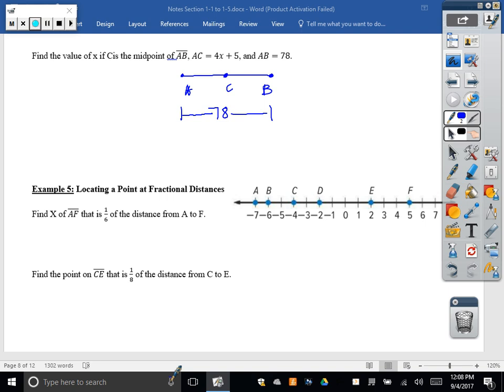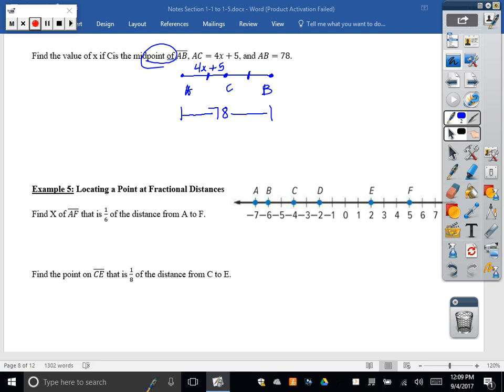Okay? And we're also told that AC is going to be 4x plus 5. So I'm going to put that here, 4x plus 5. Okay? Now, we still need to do one more thing, knowing that that's the midpoint. The midpoint tells me that this length here is equal to this length here. And then the question is, from there, what's the equation that we're going to use? Okay? Well,